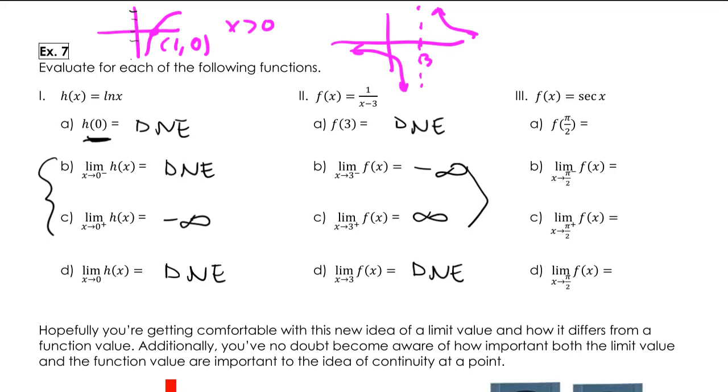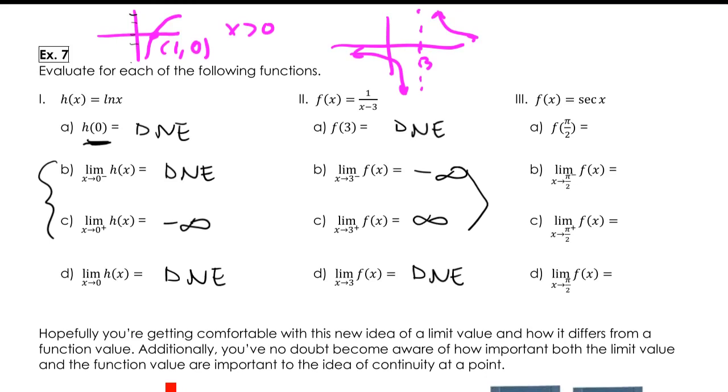Another thing to point out is if you didn't have access to the graph, how would you do this, right? This is a little tricky here. If they ask for 3 from the left, remember, if the left and right hand limits are the same, the overall limit exists. But you cannot sub a 3 in because you get a 0 in the bottom, right? You get 1 over 0. What you can do, though, and